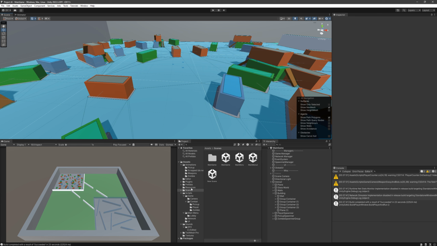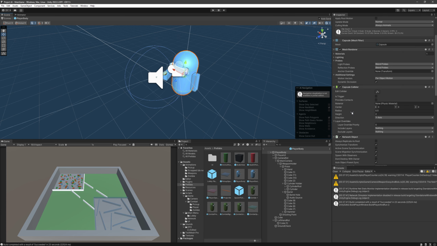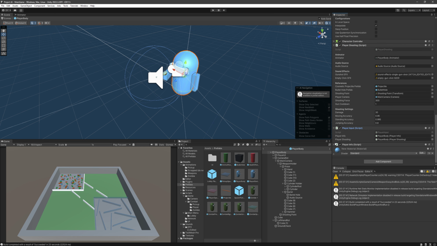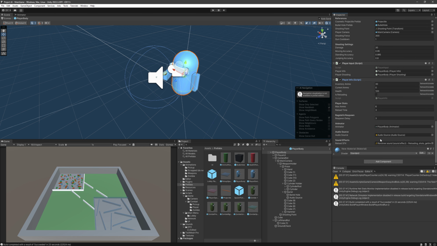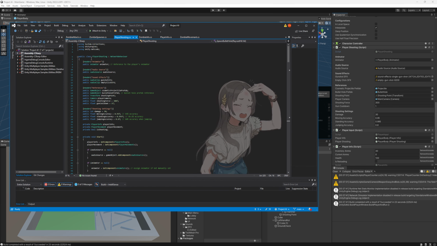First things first, I'd like to show my player model. So this is my player model. It has so many scripts in here, so maybe we can just take a sneak peek of it. It's going to be a long video. The first thing is a header for the animator to reference the animation of the player, and